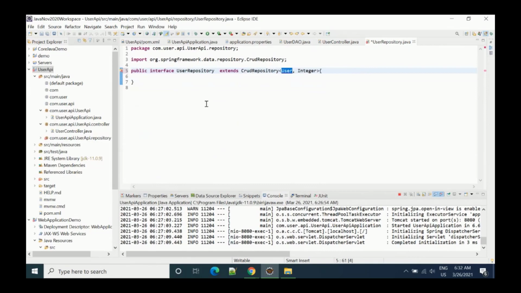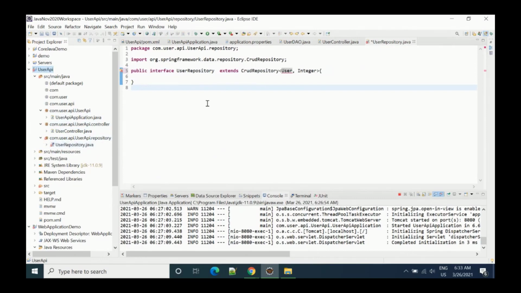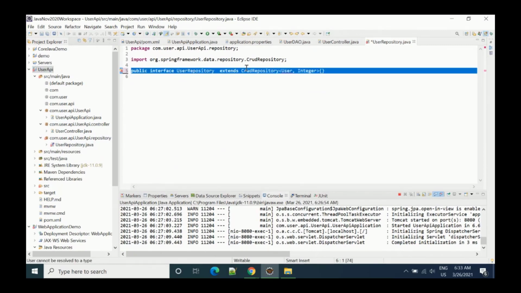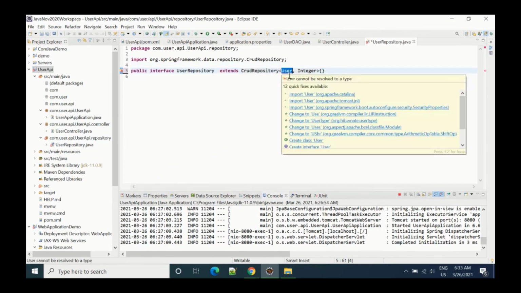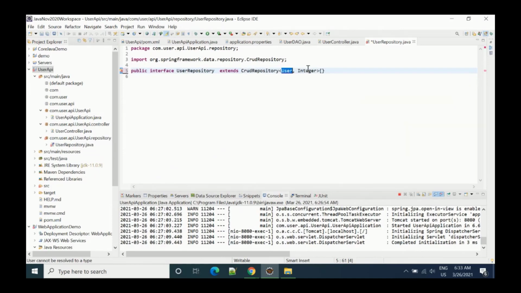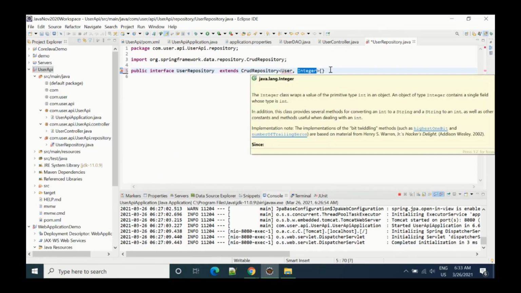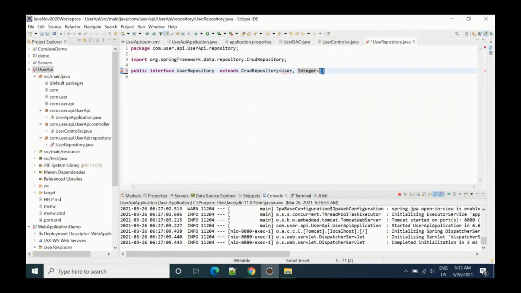I have created our controller, and after that we have created the user repository. In this user repository, we don't have to write anything. You can use public interface user repository extends CRUD repository, and then we pass user and integer as input. Then this will be blank. That means you don't need to write anything here. It will automatically implement it.